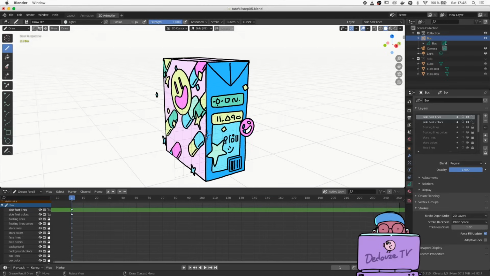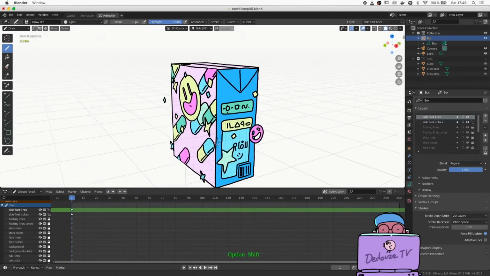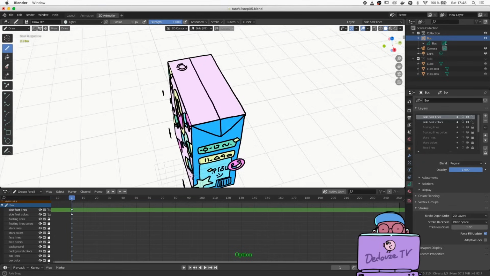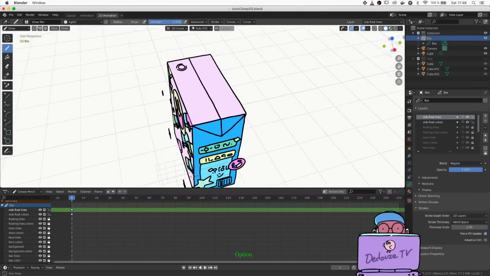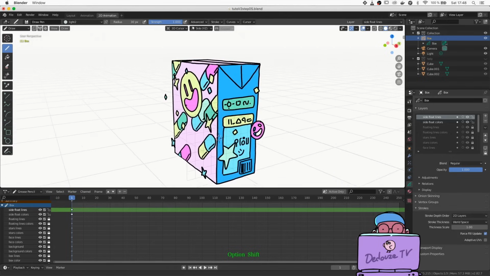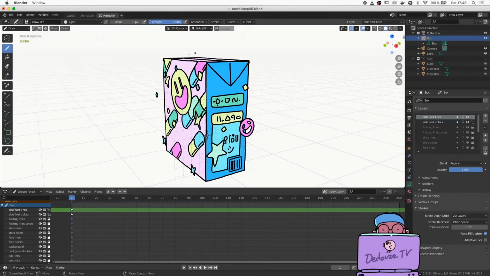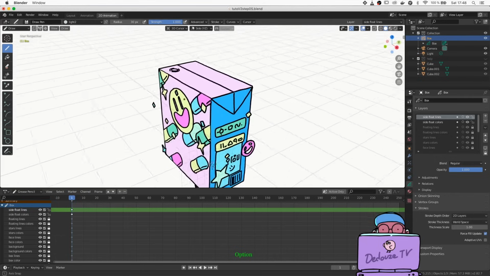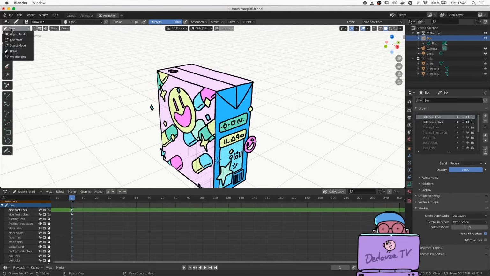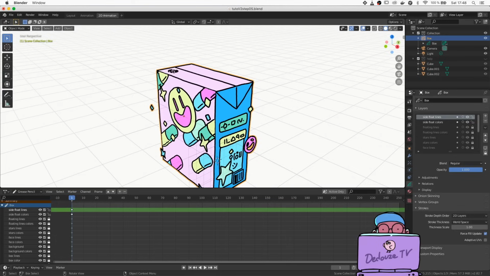Now we're going to add more grease pencil objects in a different way, because this one is in the shape of the box, conveniently aligned with the orthogonal space, but we can create other ones that are oriented in different directions. Let's create, for example, the straw over the box. We must now find a place in space where we will put the center of that next grease pencil object. It will be on the top left of the juice box.